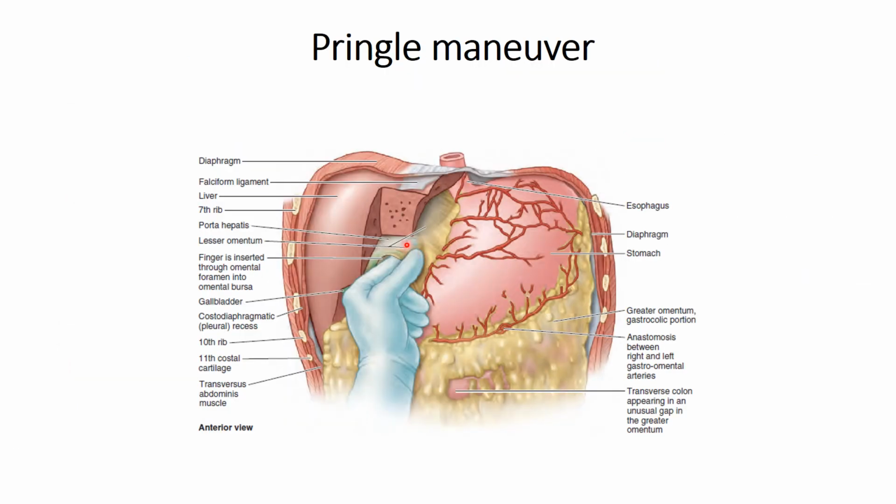Now, as we know, the two vascular pedicles supplying the liver, which are the hepatic artery and portal vein, both lie near this free border of the lesser omentum. So when a manual compression or a clamp is placed, these vascular pedicles to the liver can be compressed, and the vascularity of the liver can be temporarily stopped. So that is the basis of the Pringle maneuver, by compressing these vascular pedicles near this free border of the lesser omentum.